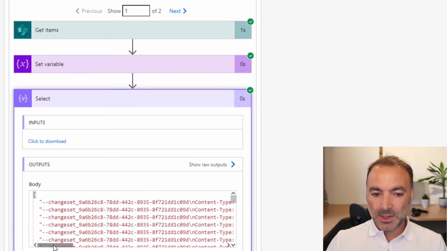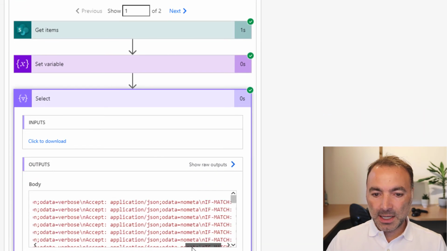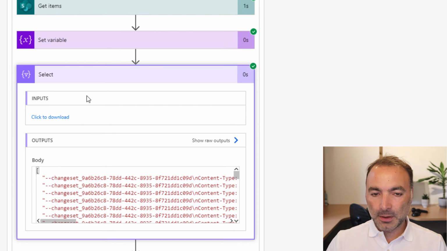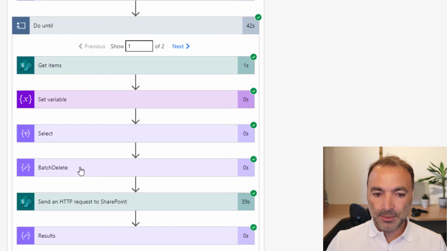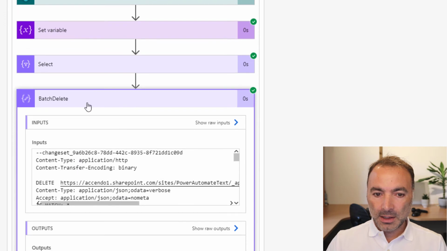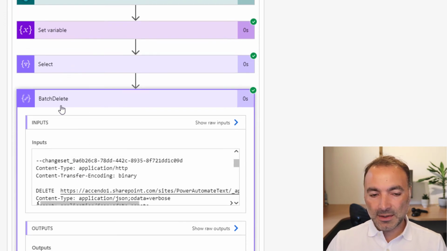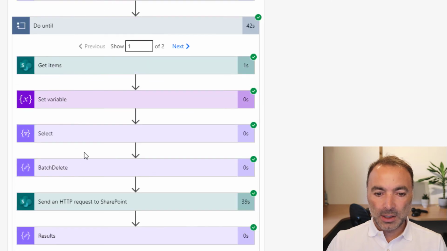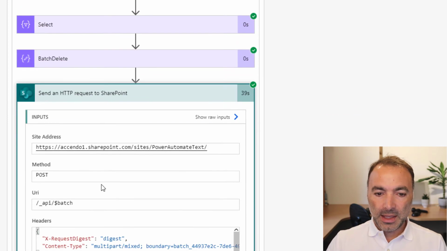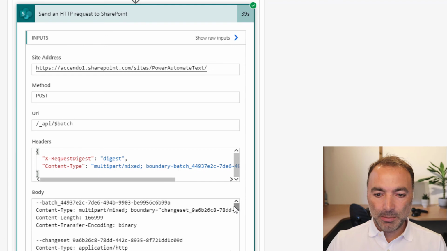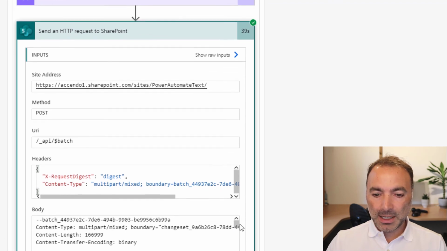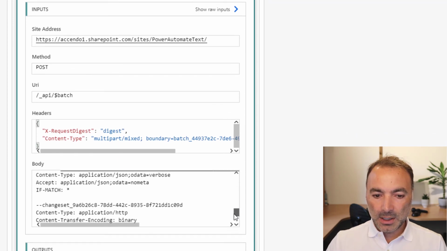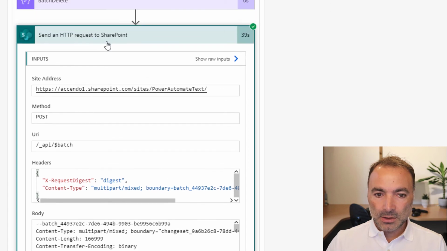And then we go into a select, which builds each of the deletion requests. This batch delete action simply joins the contents of the select with a new line character, and then the request is sent to SharePoint with the output from batch delete, and that's quite a large chunk there.